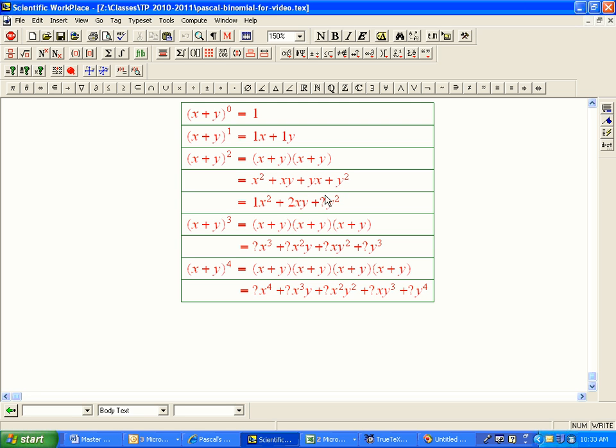In neither of them should I pick an x. And so that's just going to be one way to do it. Now here's where it gets a little bit more interesting, and we see the pattern maybe a little better. To get x cubed, I've got to pick x from every single one of them. There's only one way to do that. I just have to highlight every single one of these factors. So there's going to be a 1 there.